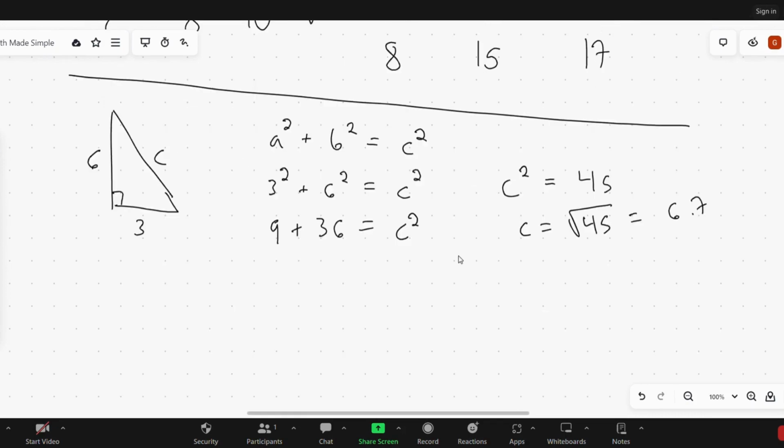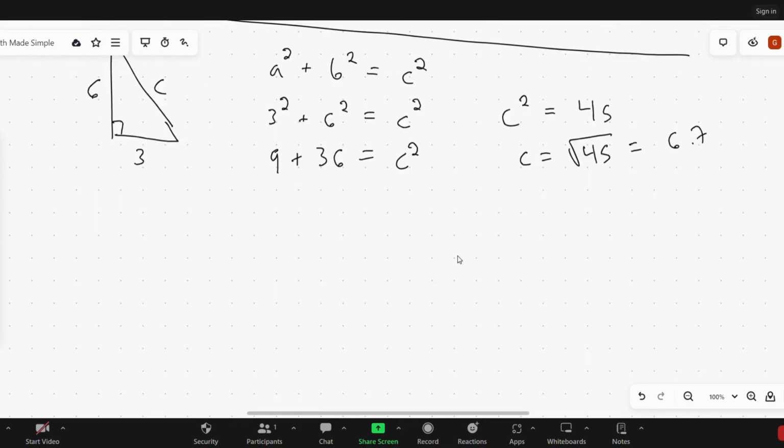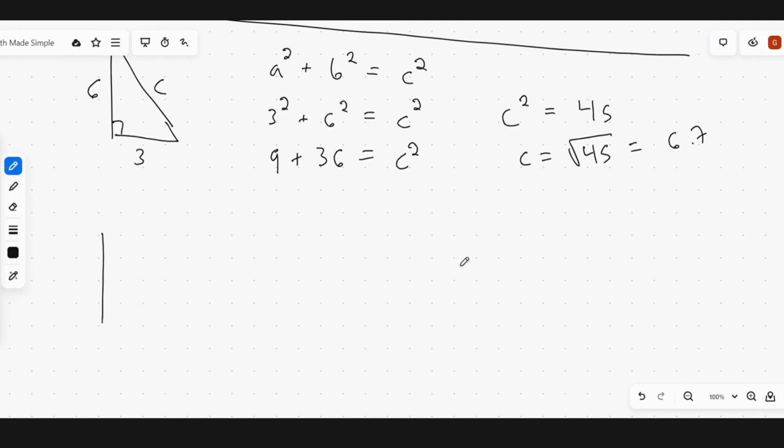Okay, we'll do one more example here. In this case, we are given a triangle that has a hypotenuse of 13. One of the side lengths is 4, and we're asked to find out what this other leg is. So back to the equation, a squared plus b squared equals c squared. In this case, we're not given both of the legs. We're given that one of the legs is 4, and the other leg is unknown. But we are given the